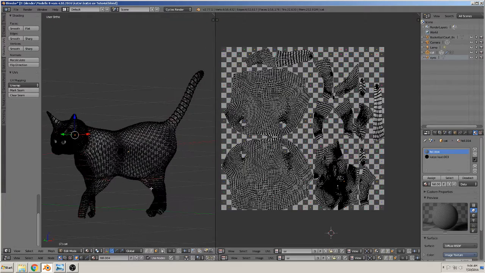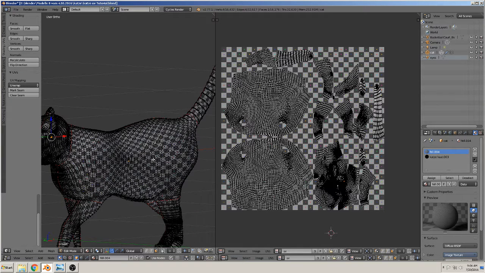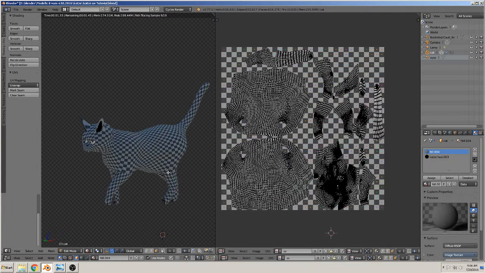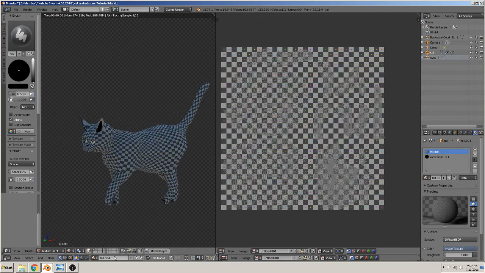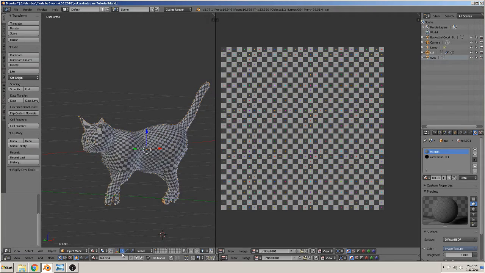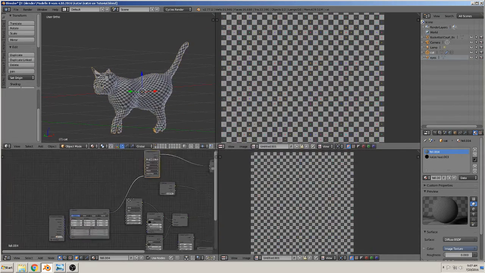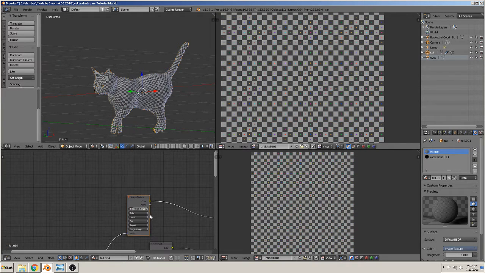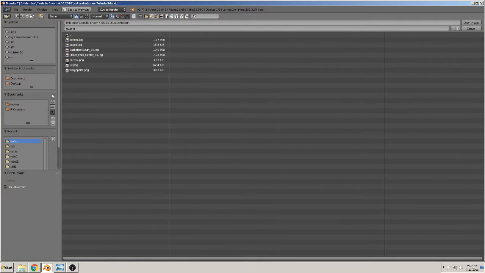So I hope you understand what I mean. That is how it should be after we do that. And I show you that with a real picture so you can see it better, I think. So we go to object mode and here material mode. Then I have here the node system, and here I make the graphic on the cat, so I can say I will take this graphic or another graphic. So in this case I will take another graphic,